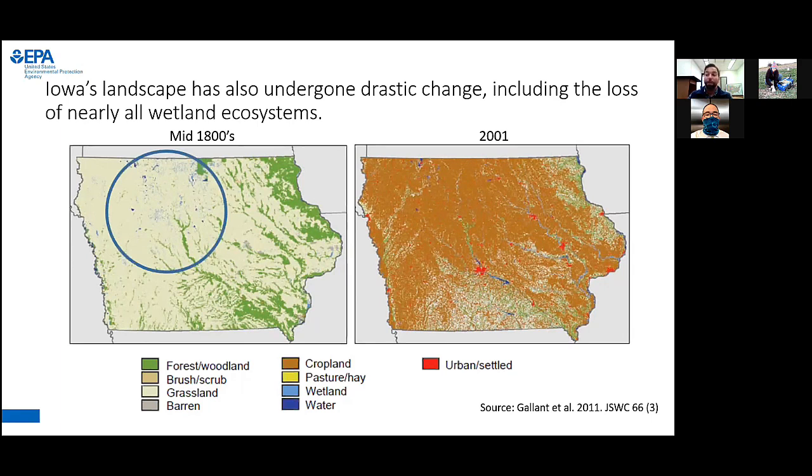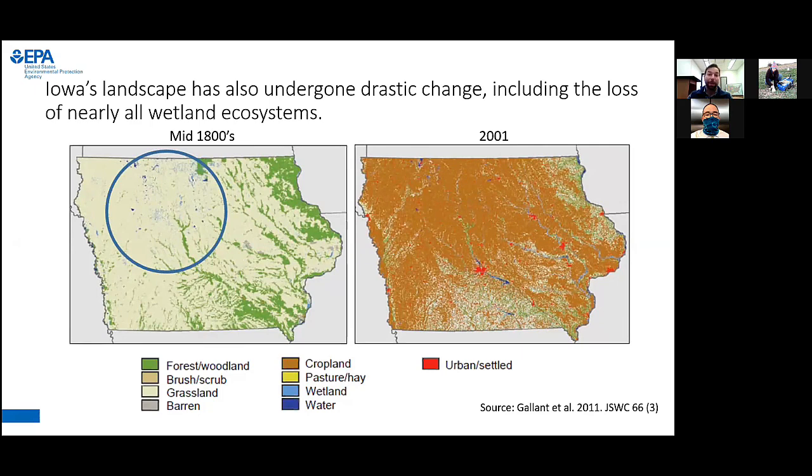The circled area roughly indicates the area that was most recently glaciated, with glaciers leaving behind depressions that are commonly called pothole wetlands. And this region is referred to as the Des Moines lobe of Iowa, with the entire Des Moines lobe spanning from central Iowa to central Minnesota. Agricultural expansion, including the addition of subsurface drainage systems to remove excess soil water from fields, is largely responsible for the loss of these wetland habitats in the region.